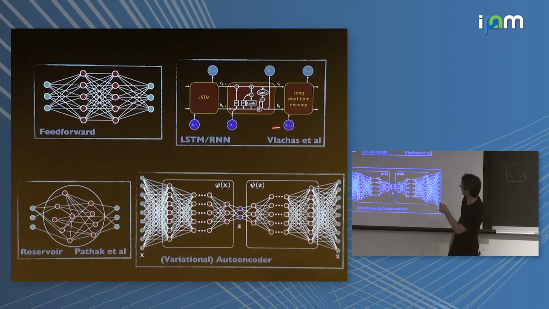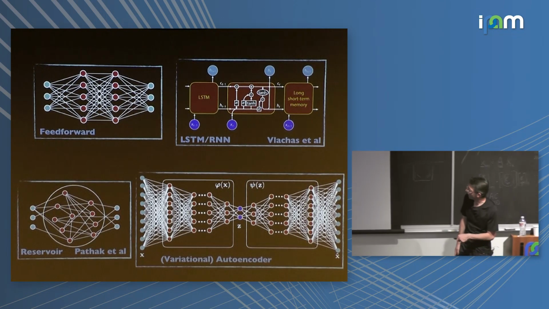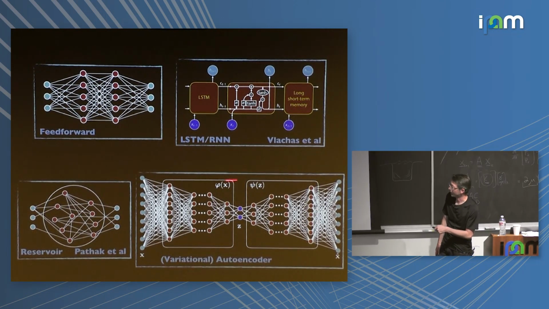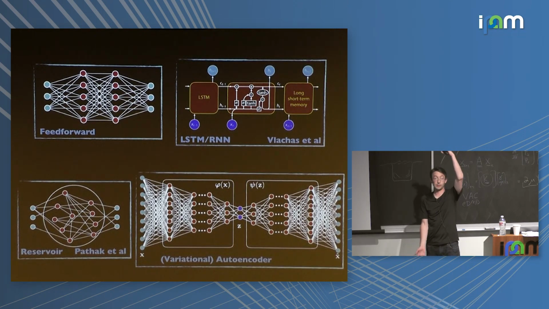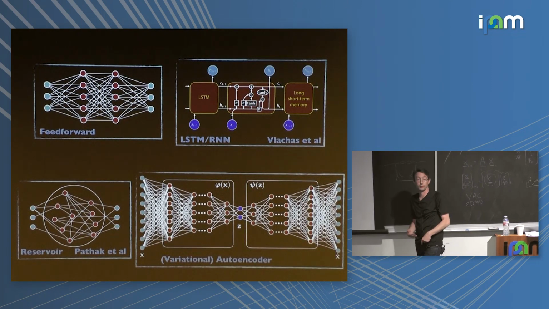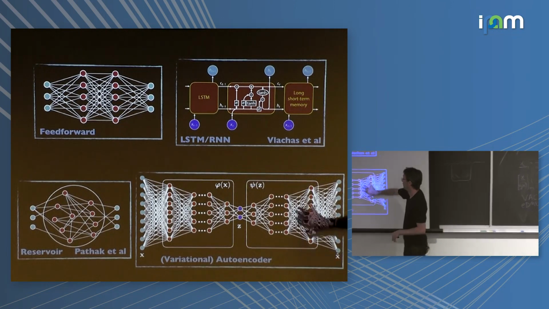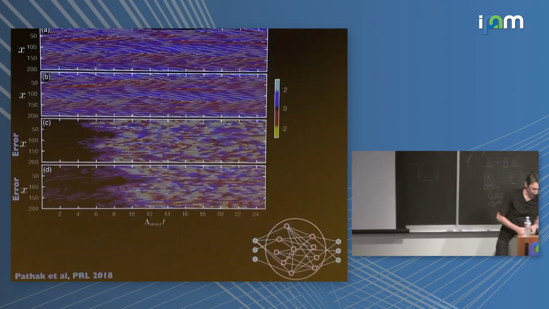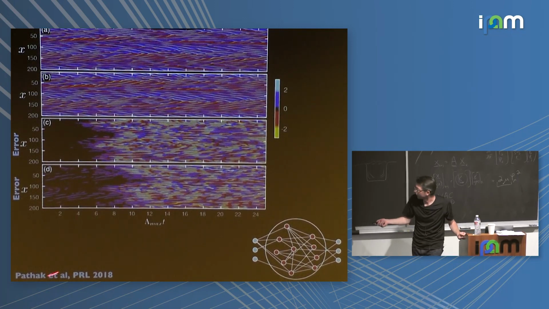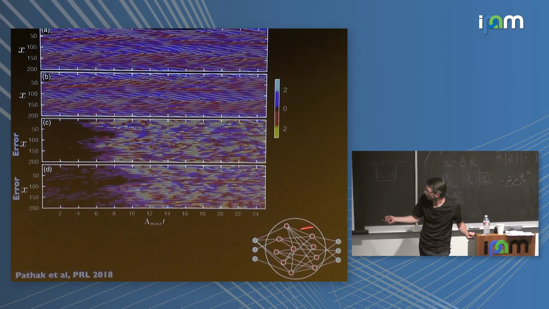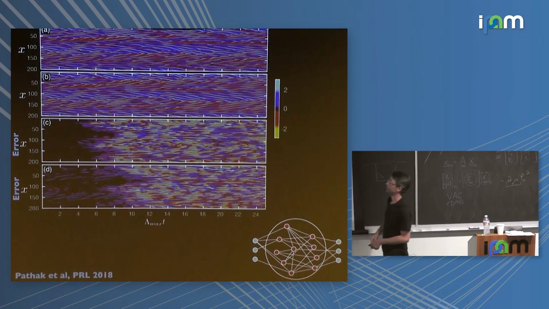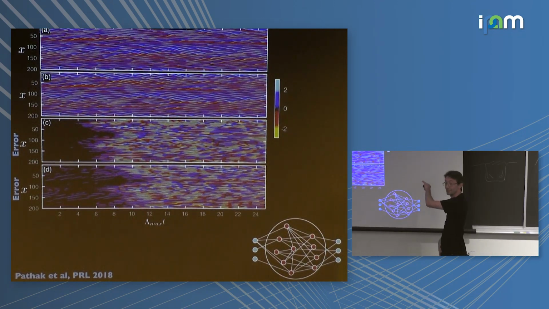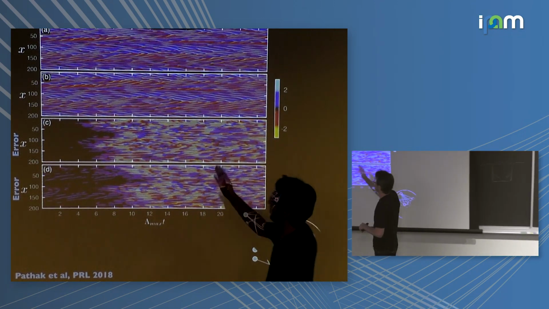And so LSTMs and other RNNs can be very useful for predicting dynamics. There's a great paper by Pantelis Vlachas and others I'd point you to. Later in the fluids lecture, I'm going to tell you a lot about autoencoders for taking high-dimensional dynamical systems and modeling them. I'll show you work that Kathleen Champion and others have done using these to model dynamical systems of very high dimensions. I'm just going to highlight the work of Pathak and others on reservoir computing. They were solving the Kuramoto-Sivashinsky dynamical system.